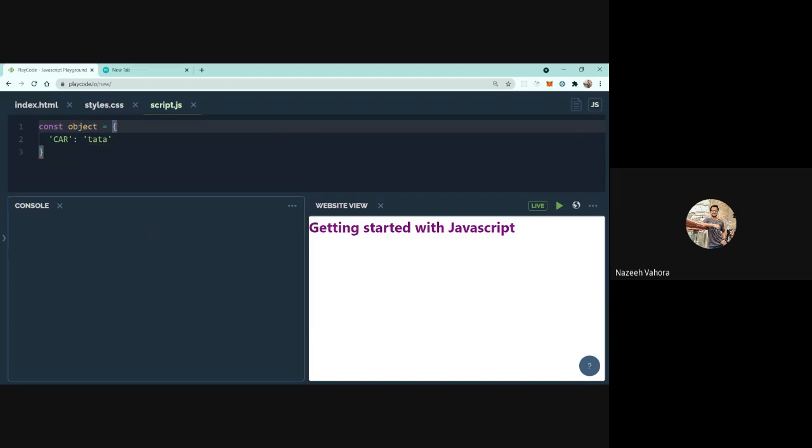Yeah, now it is happy. So I am declaring one object, and I am assigning values to it. Basically, object is a data type which contains a key value pair. Like here, the key is car, and its value is Tata. So I can refer over here as